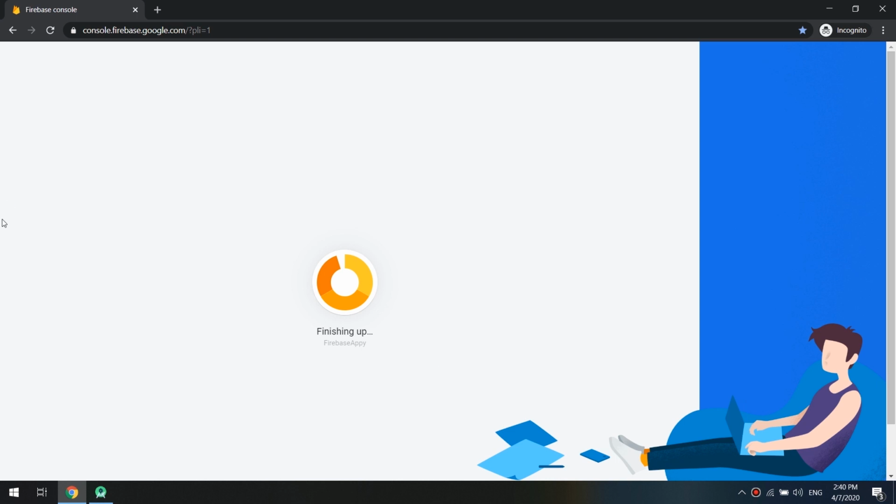So if you understand Firebase, you can make complex applications with connectivity and many